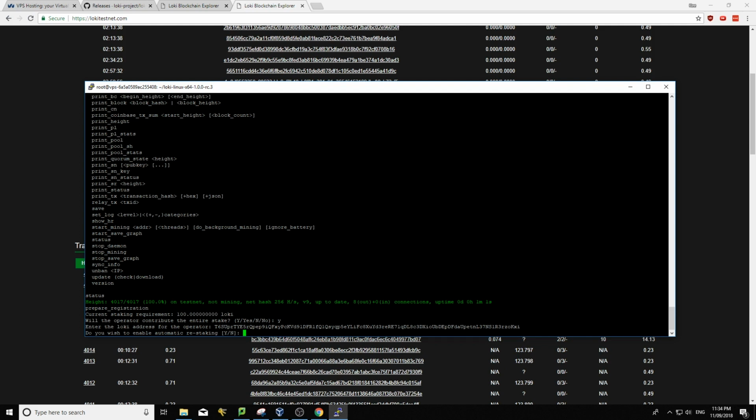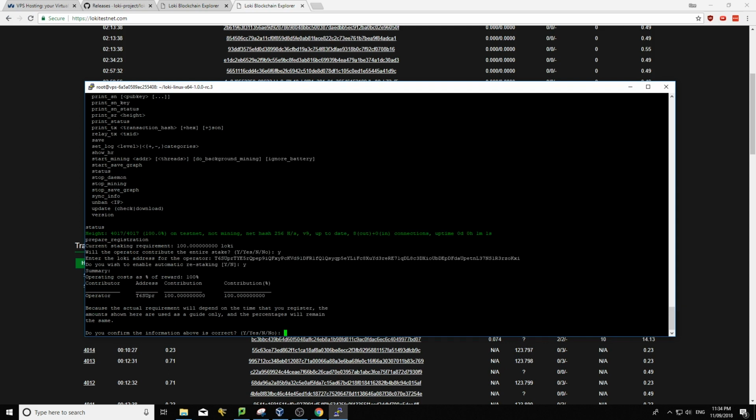But if you're running your VPS on a different computer, then you might want to think about when your service node, or when your wallet rather, is going to be online and offline. If your computer is being turned off during the registration period, or the re-registration period rather, then you will not be able to use the automatic restaking feature. Because I'm setting up my wallet on the same machine as my service node, I'm just going to click yes here,